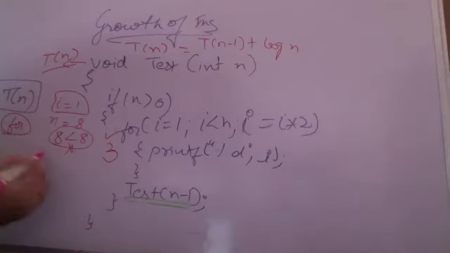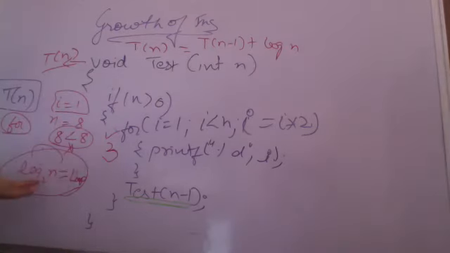Since i is getting changed by a factor of multiplication of 2 every time, that is why I calculate it this way. This is the number of times that my loop is running. Log 2 n is equal to the number of times that the loop is running. Are you understanding this? Yes, ma'am. Thank you so much. Power of 2 it is taking. So 3 times: log 8 to the base 2 is 3. So 3 times this loop is running.